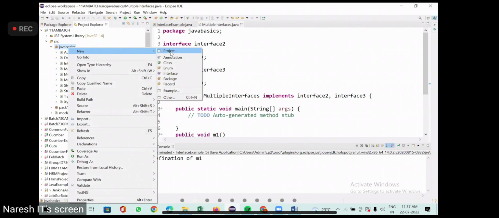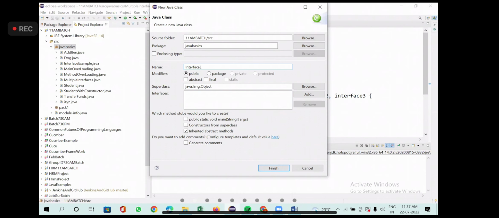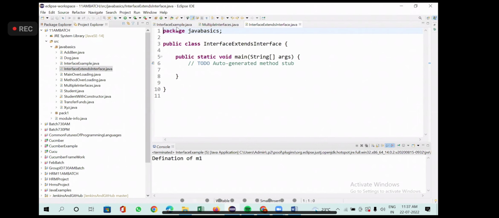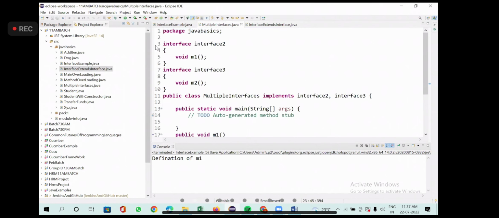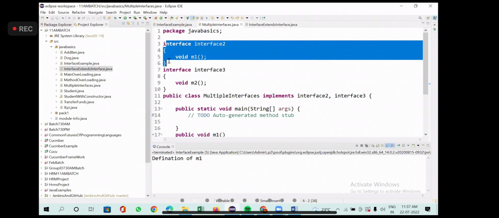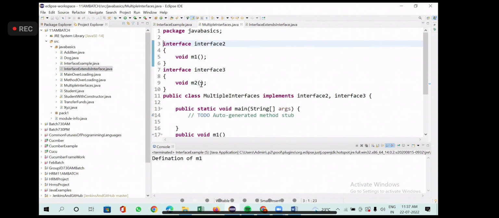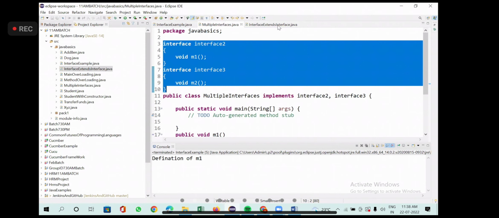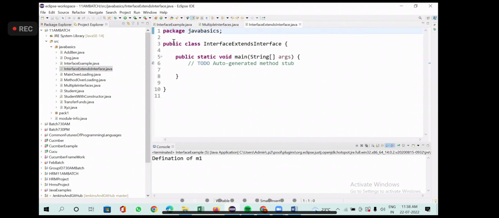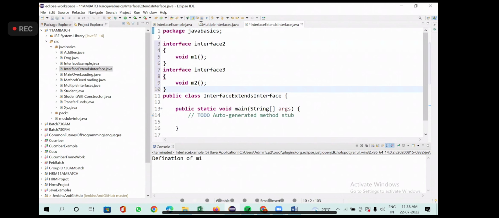So what would be my program name? Interface extends interface. Now I'll just copy paste the code. I don't need to type multiple times. Okay, it's allowing it, let it allow. Okay. You have interface 2 and interface 3. Now,